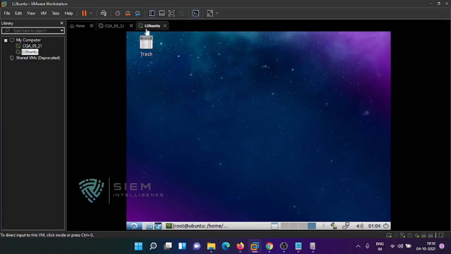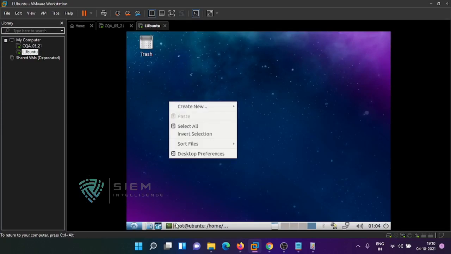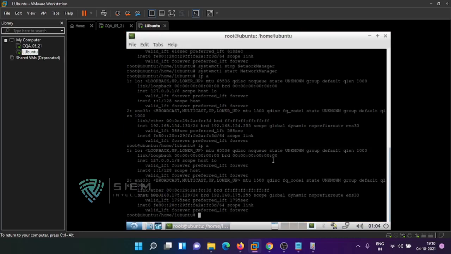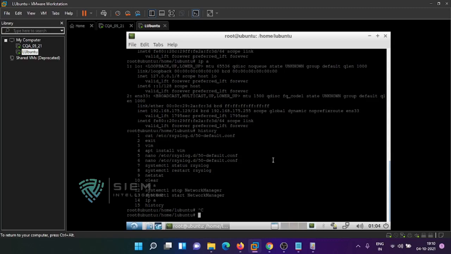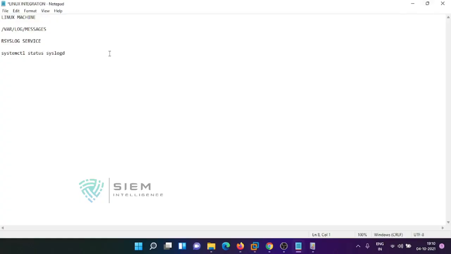This one is for Linux, Red Hat based systems, and this systemctl status rsyslog is for Ubuntu, and also for CentOS and so on.